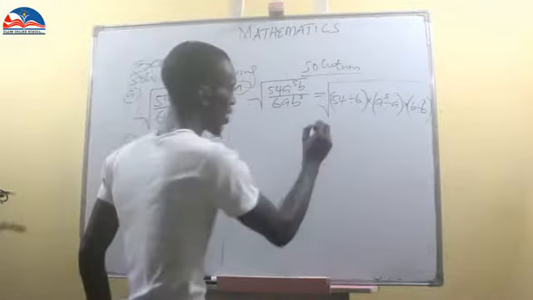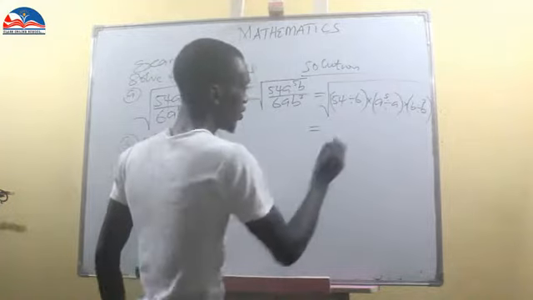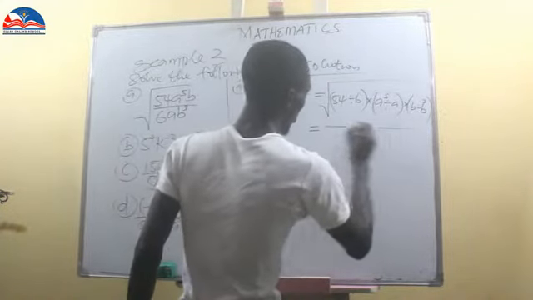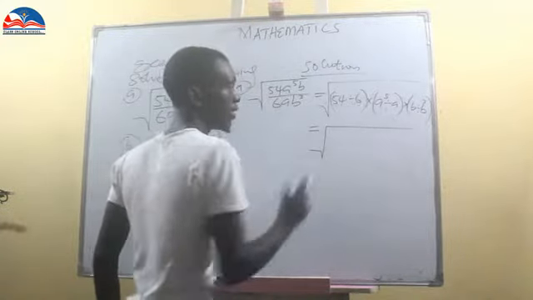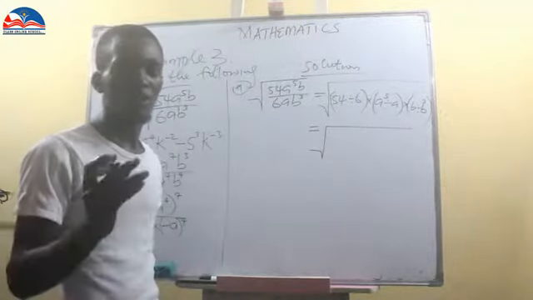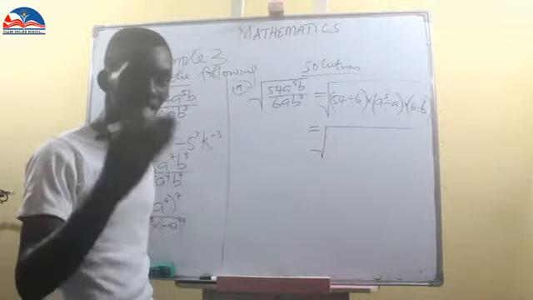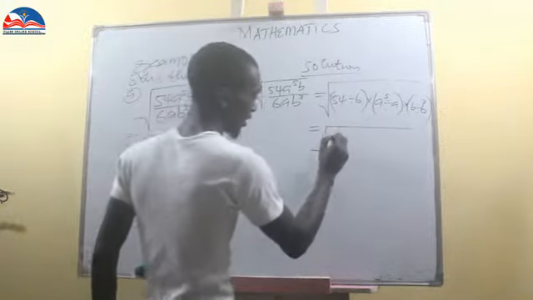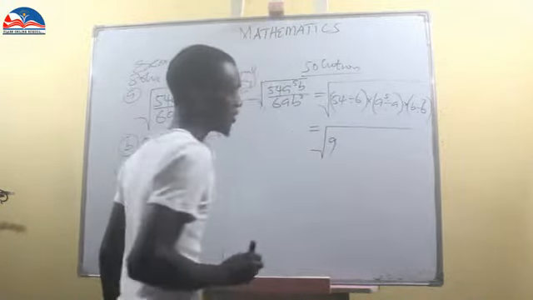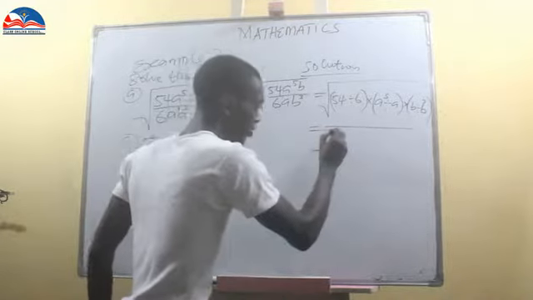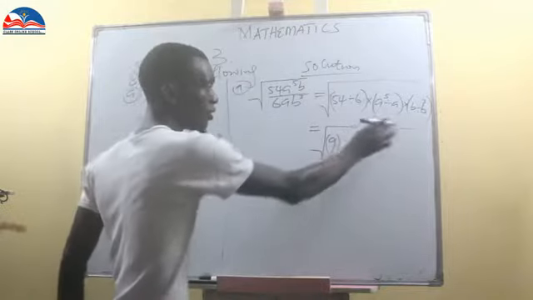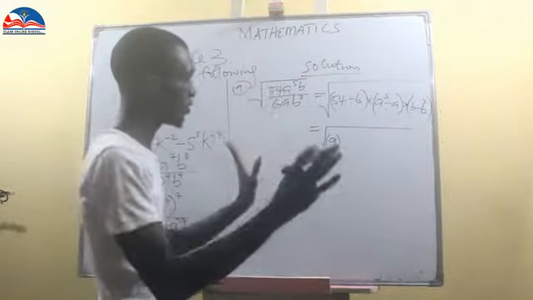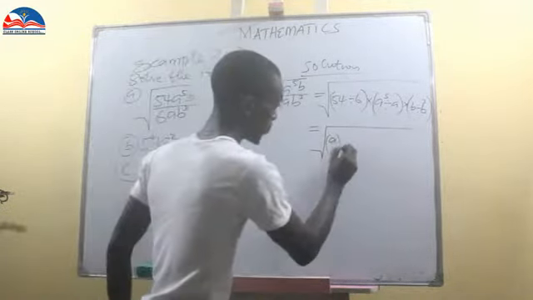Alright, so here we have that it is equal to the square root of 54 divided by 6, which will give us 9. I enclose it in a bracket. The main square root is governing the whole expression. Multiply by